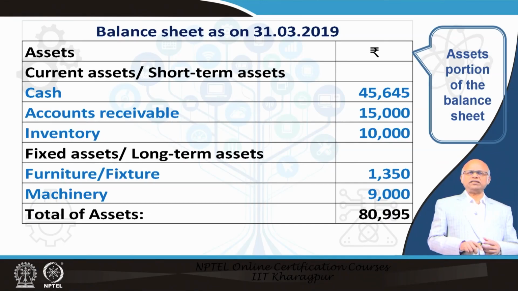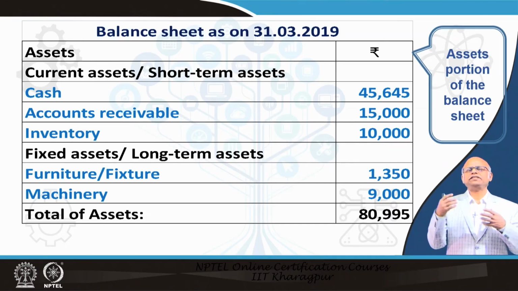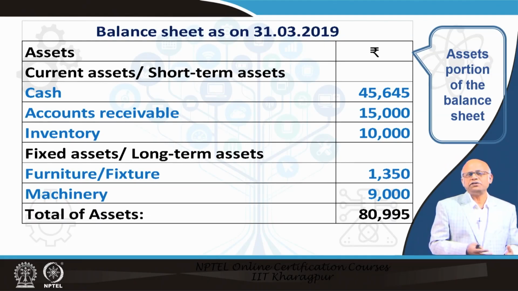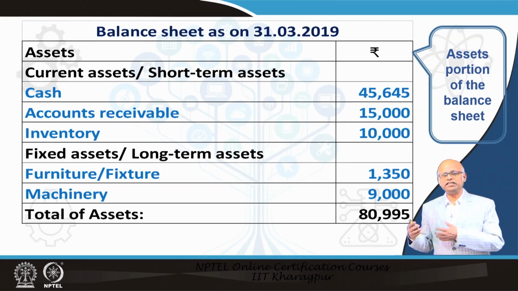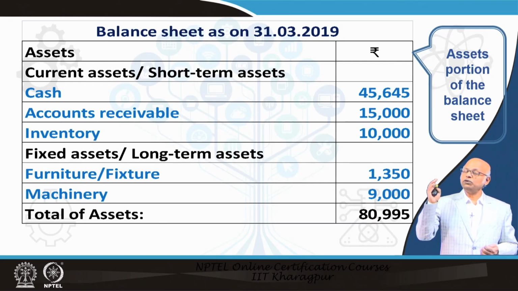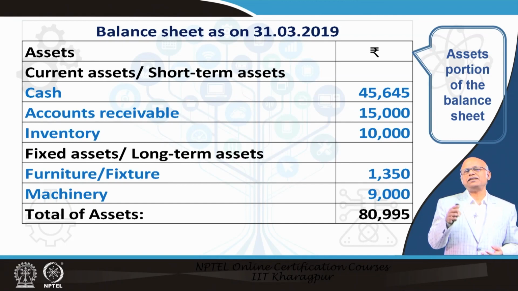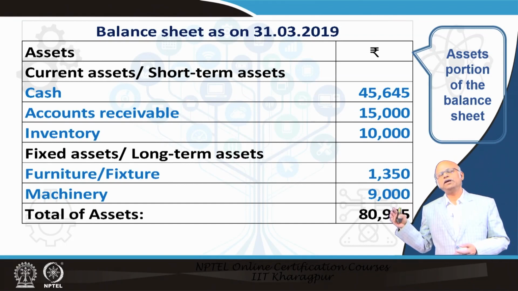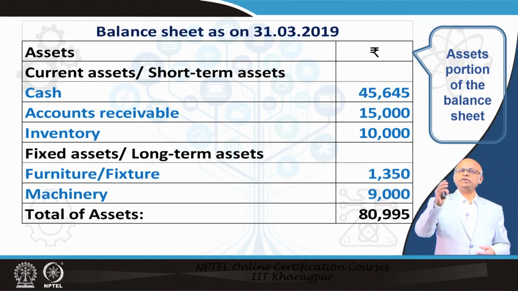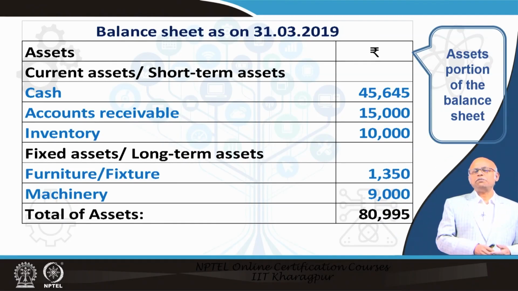At the beginning I mentioned that when you have the information and you are sitting to manually build the financial statements, you have to start with profit loss account, because one information from profit loss account goes to the balance sheet, and that is retained earning, retained profit. Without that information you cannot complete balance sheet statement. Without another information you cannot complete balance sheet, that is position of cash in hand and bank, that also will be available from cash flow statement. So, unless you complete cash flow statement, you will not be able to complete balance sheet, but then you cannot